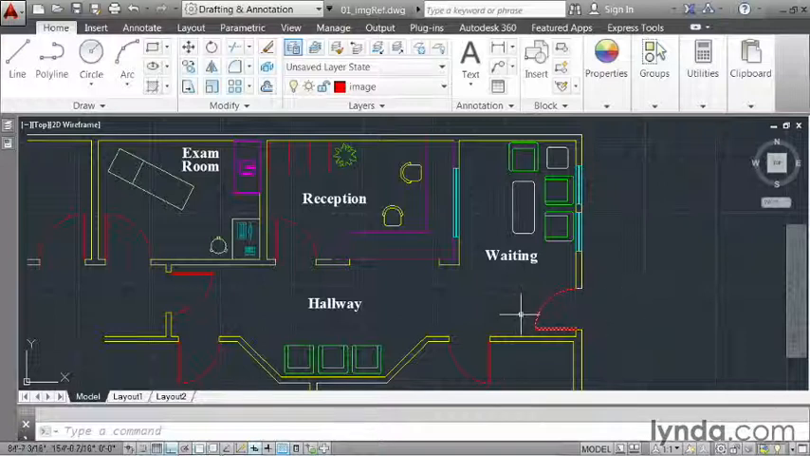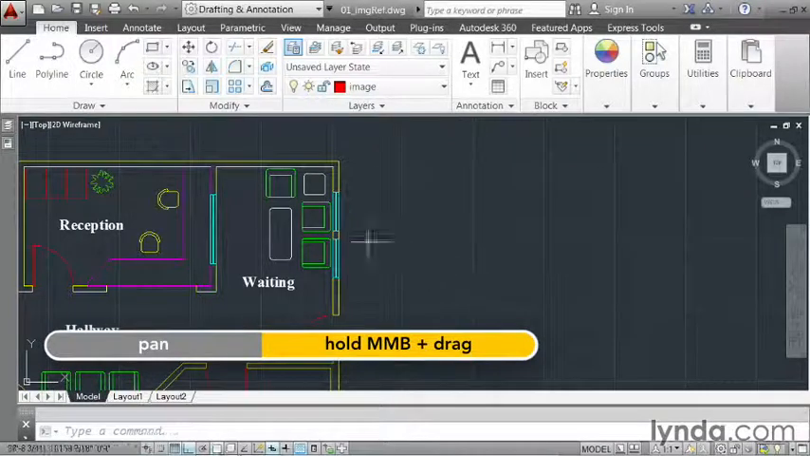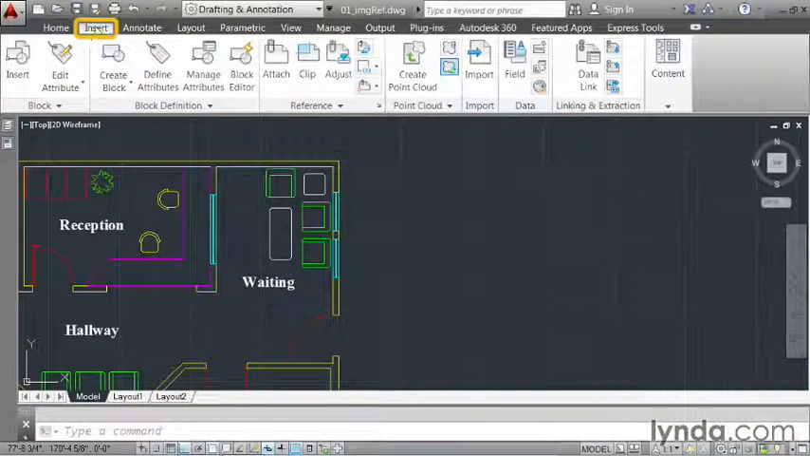On my screen, I have a drawing that represents a portion of a floor plan. Sometimes looking at your geometry like this, it's hard to convey to your client what the finished project will look like. What I've done is create a rendered image of this waiting room, and I'd like to insert that image into this drawing. I'll start by panning this over, and to insert the image, I'll select the Insert tab,